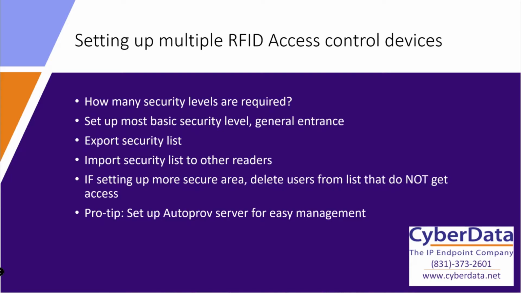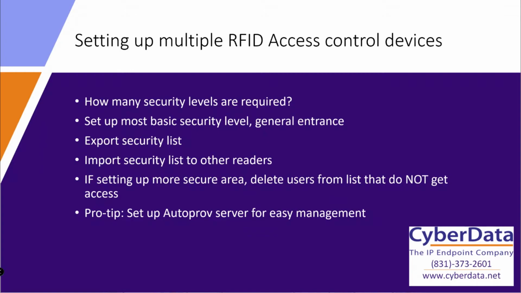We generally recommend that you start from the ground up and build your base level, your most basic security level. Think of your front entrance or your employee parking lot, where you're going to issue a card to every single employee. Everybody's going to need a card, therefore everybody's going to be able to get through that door. Then say you've got 2 security levels. You've got your basic door, and then a door, say your storeroom, where they've got different equipment stored, say backup PCs, or even your networking room, where only certain people should be able to get in. Instead of trying to reprogram all the cards, which wouldn't work,